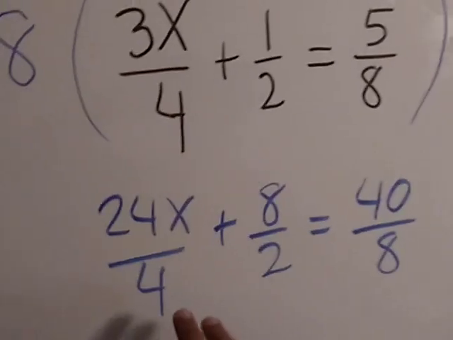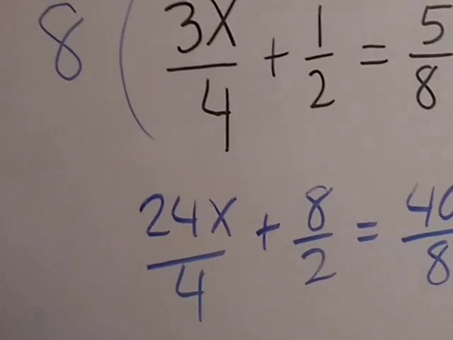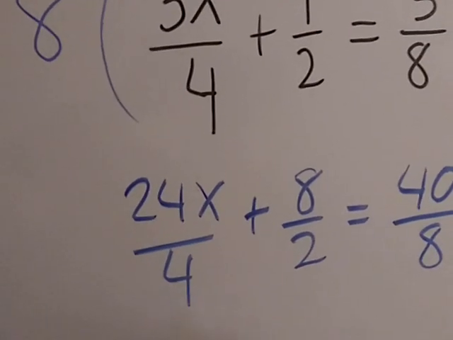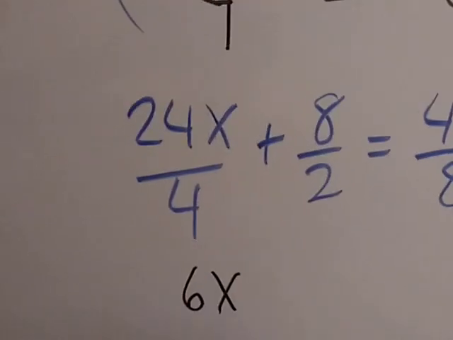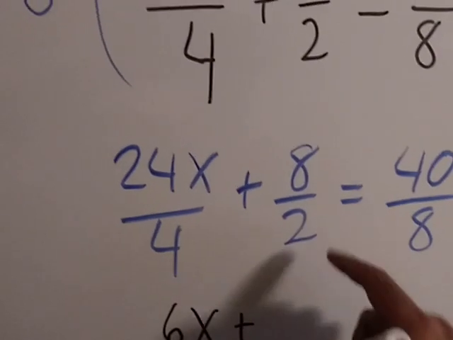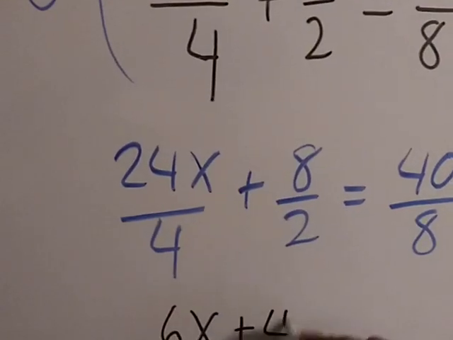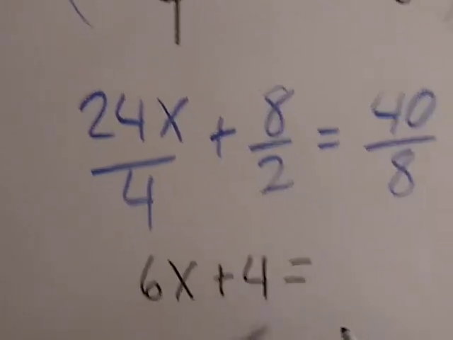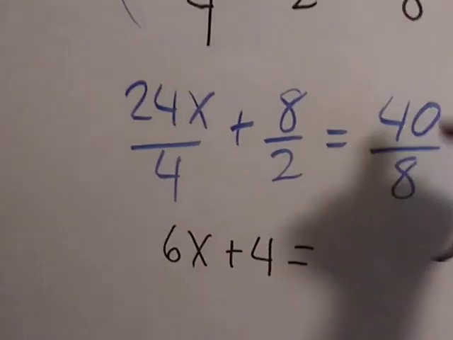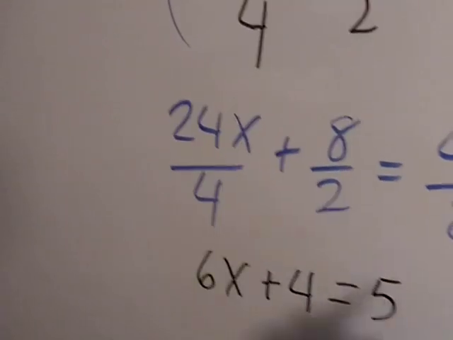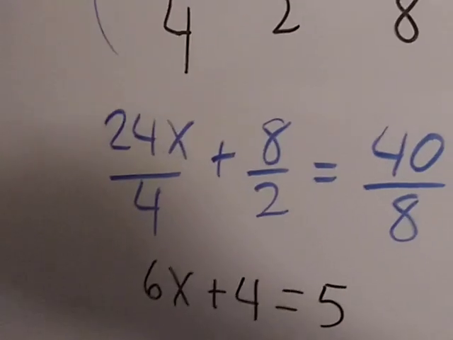So how many times does 4 fit into 24? It's 6 times. How many times does 2 fit into 8? 4 times. And how many times does 8 fit into 40? It's 5 times. So as you can see,